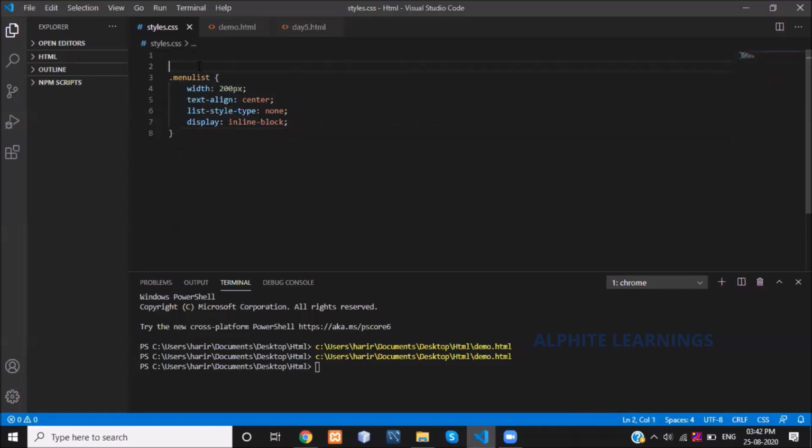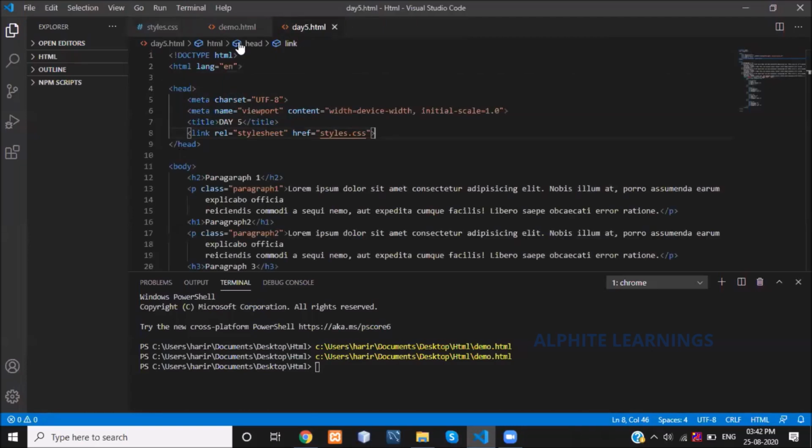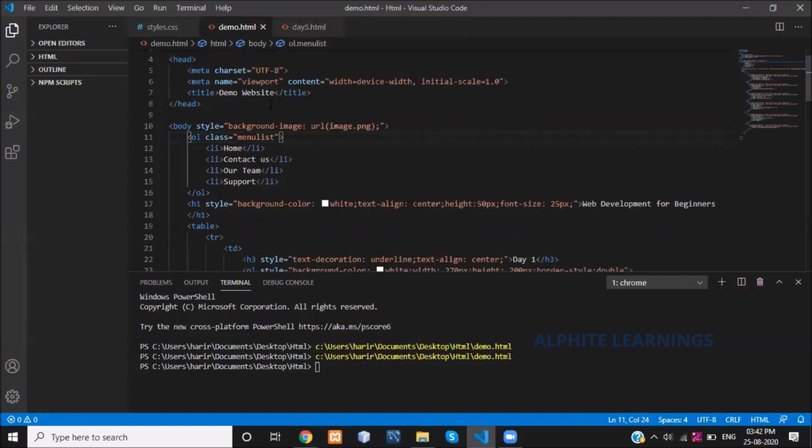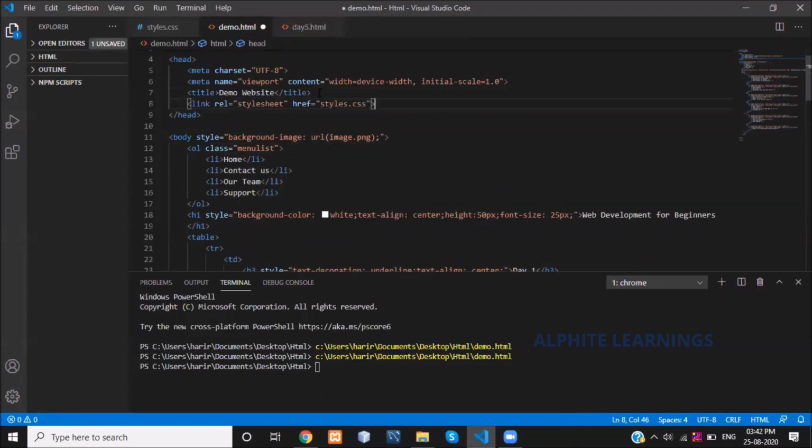I have removed that. In future, whatever HTML file you create, you can use this single CSS. You can refer to n number of HTML pages in your particular folder. No need for deletion and all. You can use it wherever, whenever you need that particular style. I'm copying this and pasting here.